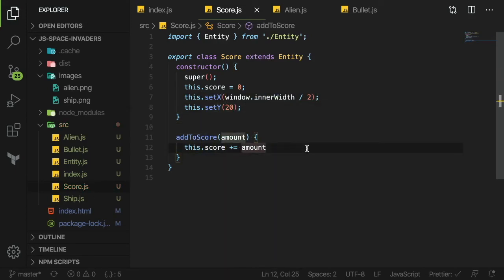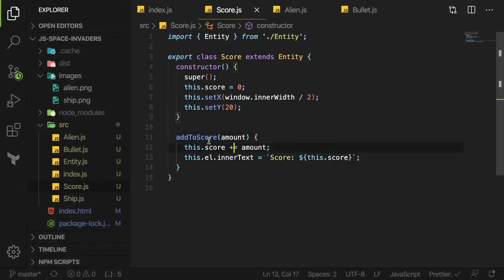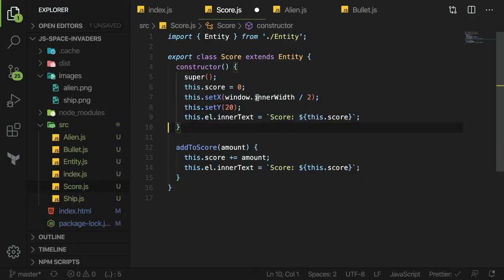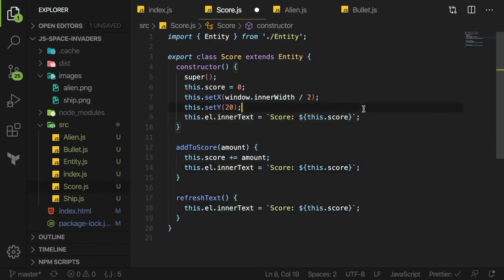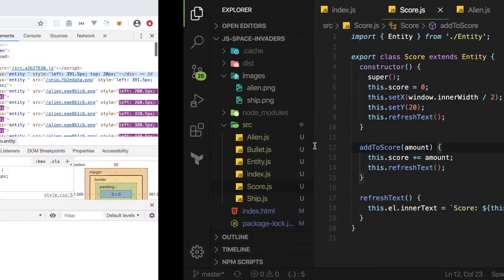And when we add to score, we simply just need to refresh the inner text of our element to say score, this dot score. And we need to, I think, call that off the bat here. It's kind of hacky, so let me make a method called refresh text, which is going to call this method, and instead of calling this everywhere, I can say this dot refresh text. All right, so hopefully